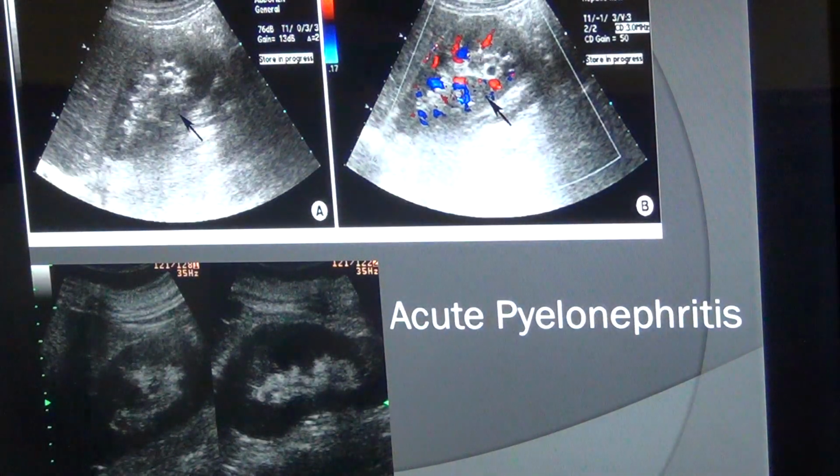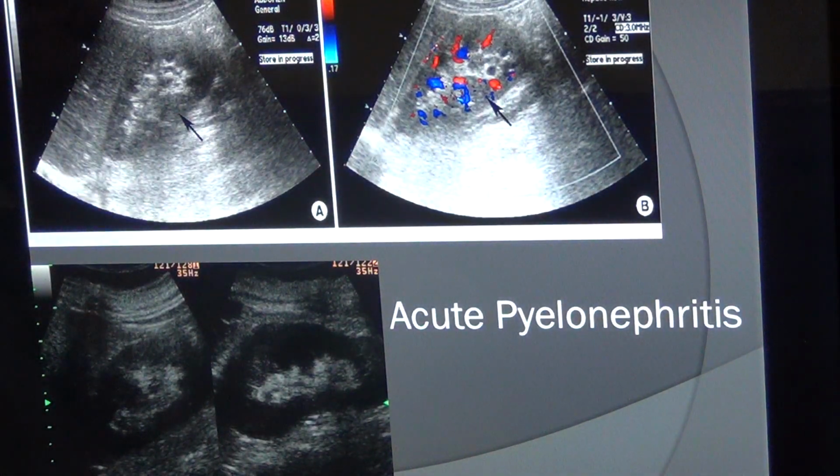Now the next one is acute pyelonephritis. Acute pyelonephritis means the collecting system of the kidney is infected, and the most common cause of this pyelonephritis is ascending infection. Most of the time the infection ascends from the bladder as a result of cystitis. Cystitis can be caused by a lot of bacteria, and those bacteria can go into the kidney and cause acute